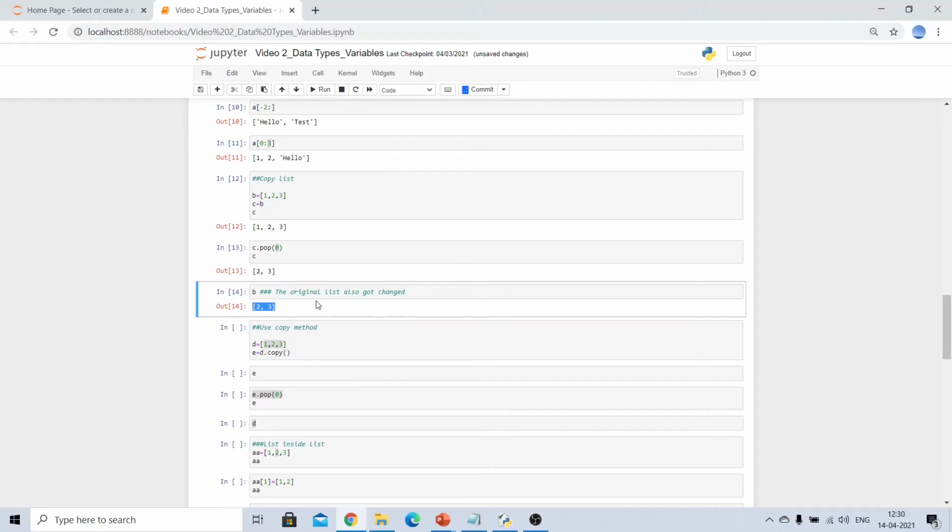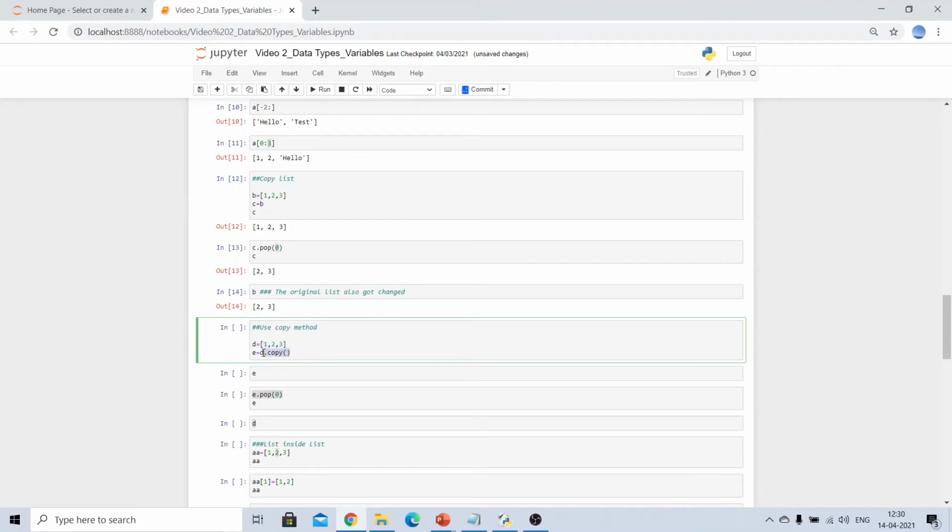Now in Python, whenever we use a list, we don't want our original list to be impacted. That's the reason why we make a copy of a list, in order to not have any impact on our original list. So in order to do that, we make use of the copy method. We have a list D having values 1, 2, 3.